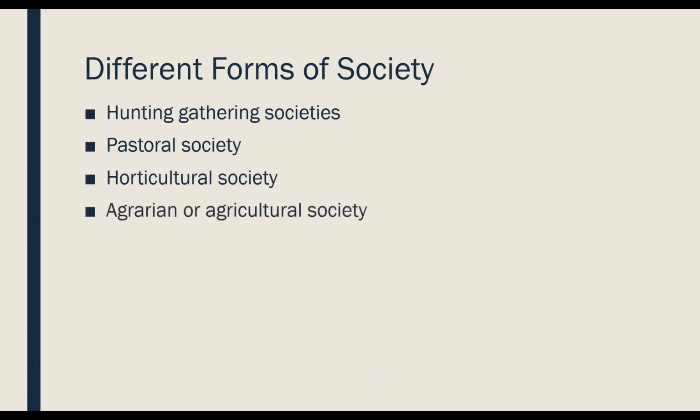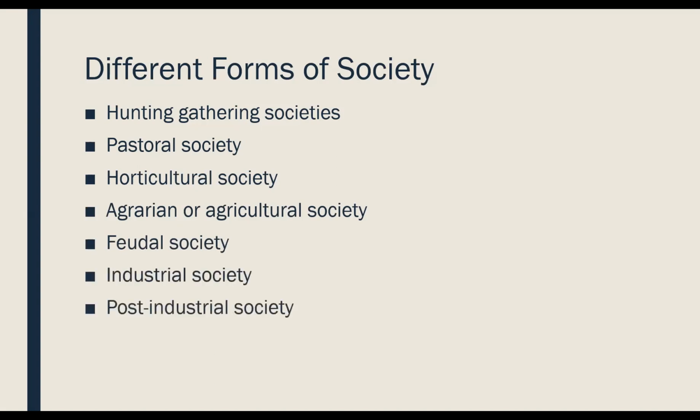What are the different forms of society? We have a hunting and gathering society. You have a pastoral society, a horticultural society, an agrarian or agricultural society, a feudal society, an industrial society, and a post-industrial society. So you have seven forms of societies. To begin,